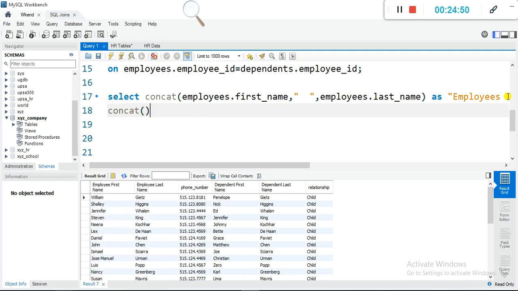Yeah, so concatenate, and then we'll bring in dependent this time. So dependent dot dependent first name, so first name. Okay, then put an empty space so that the names will not be joined together, but there will be a space at least between the two names. So now we can bring the last name,